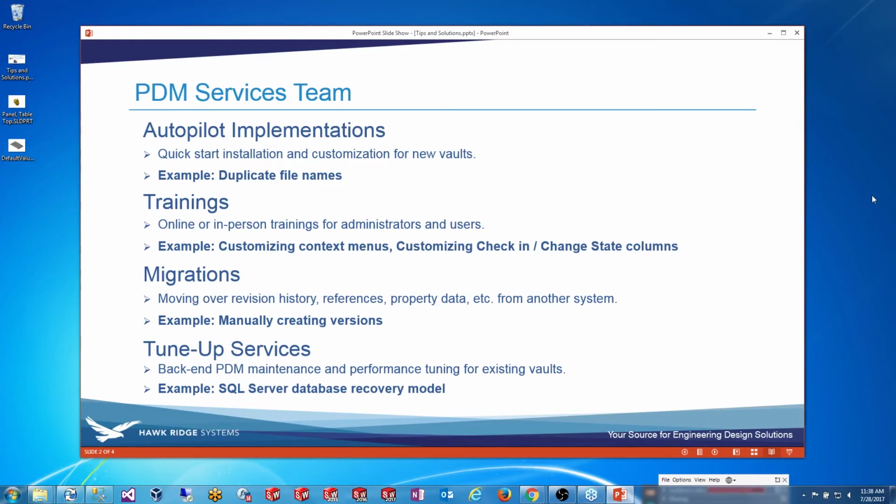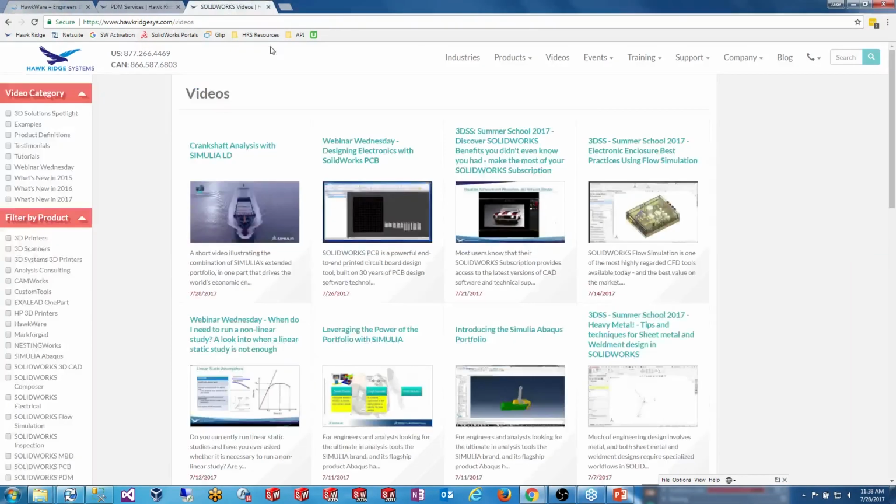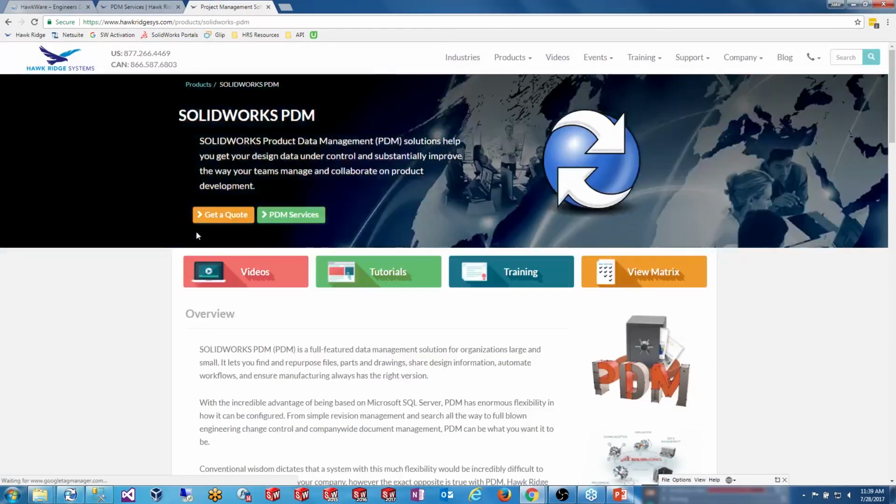Okay, so that's the four main categories of services that we do offer. And before I move on here, I want to show just on our Hockridge website. Let me go to this real quick. Maybe I'll just go to the website and show you what it looks like. Under the products dropdown, we have a SOLIDWORKS PDM option there. We also have a PDM services link down in the lower left. From the SOLIDWORKS PDM page, you can get into our PDM services